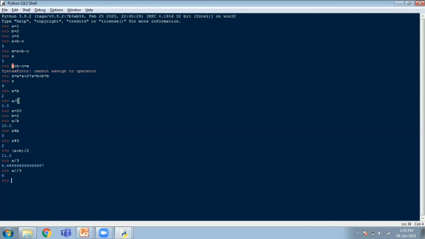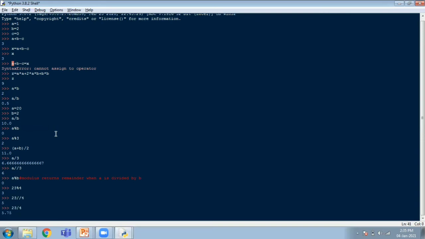Okay. So I repeat, plus stands for addition, minus for subtraction, asterisk for multiplication, product, and slash for division, normal division which will return a float, and percentage symbol for modulus. So you call it the modulus operator, which returns the remainder when A is divided by B. This is an example. Like this, you can do any division. Let me give 23 mod 4. So when 23 is divided by 4, what is the remainder? 3.